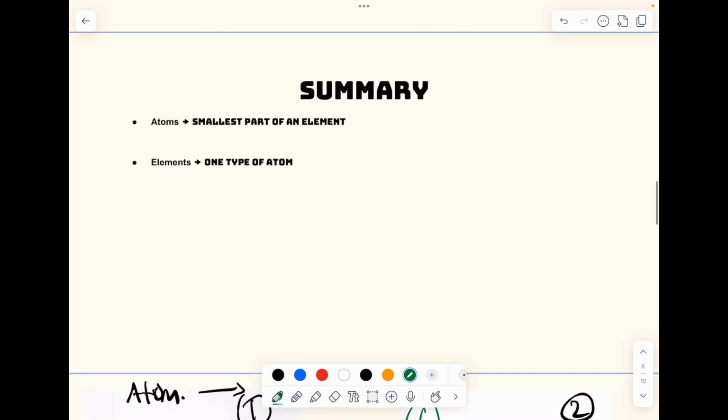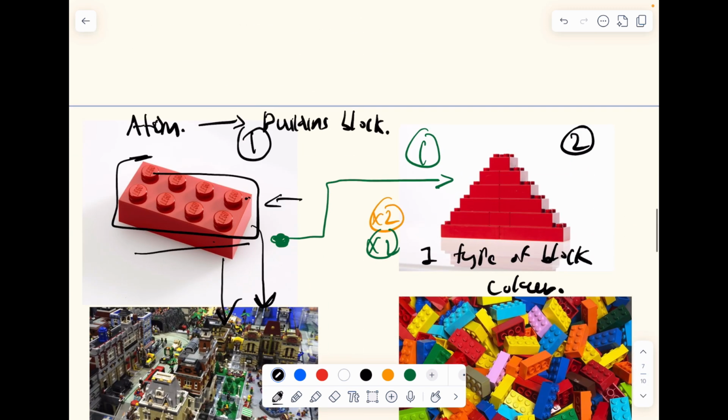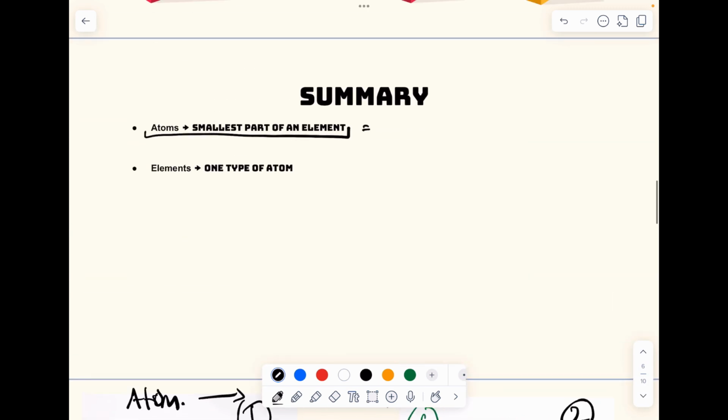So the summary, learn these definitions, very, very important. So an atom is the smallest part of an element. Okay, so just remember this definition. So it's literally what I said before. So an element is made up of one type of atom. You're saying the same thing basically for atoms. It's the smallest part of an element. And you can also mention that it's the building block